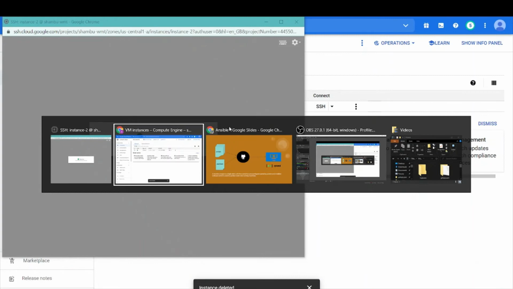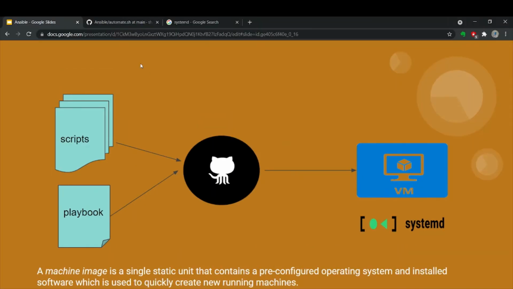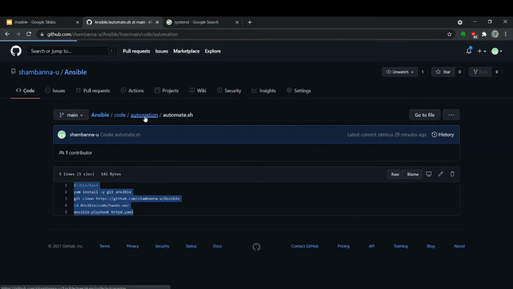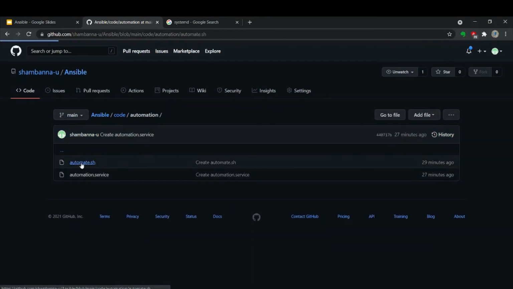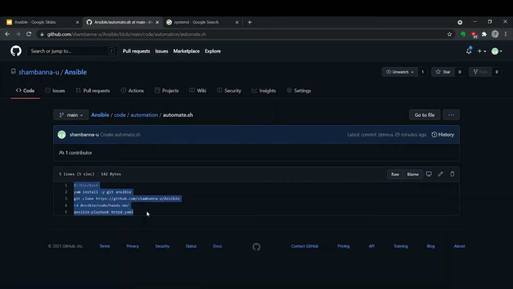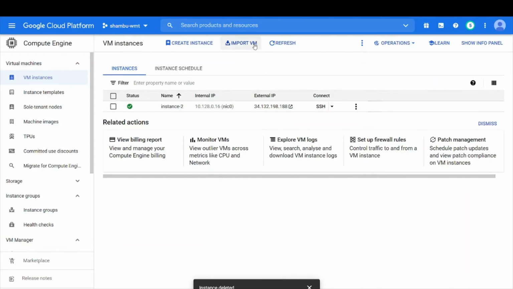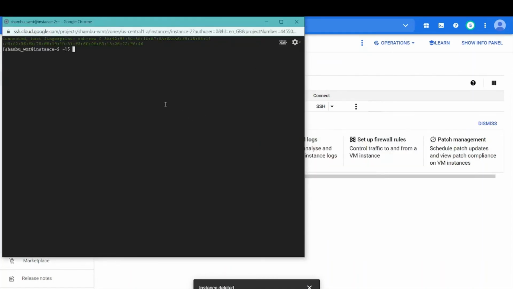I'll take a copy of this script. I will make automation.sh, insert, paste.